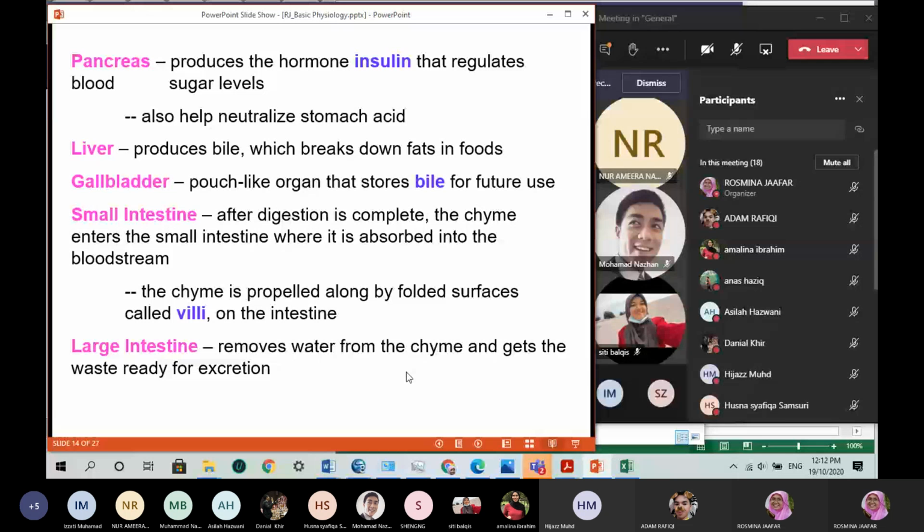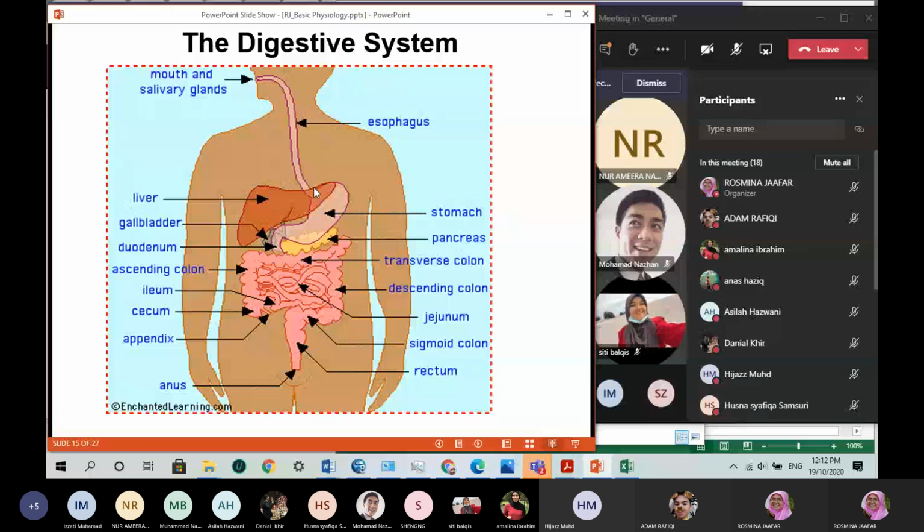Okay, this is the digestive system structure, where you have your mouth, esophagus, and the esophagus is parallel to the trachea. Trachea is for the breathing system. Esophagus is for the digestive system, and it is sent to the stomach. Stomach will connect to the intestine. So the intestine, you have small intestine and large intestine. And here you have your pancreas, which secretes the bile secretion, and your liver. The gallbladder is connected within the liver.